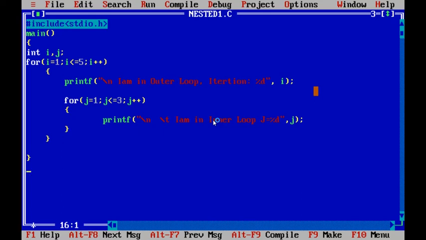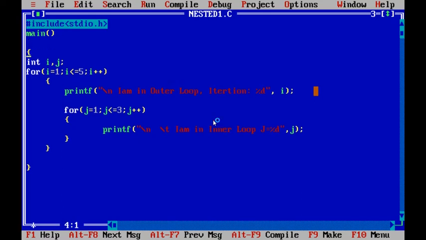One more time, we will execute the same program. We will check. We will write here CLR to clear the screen. We use this.